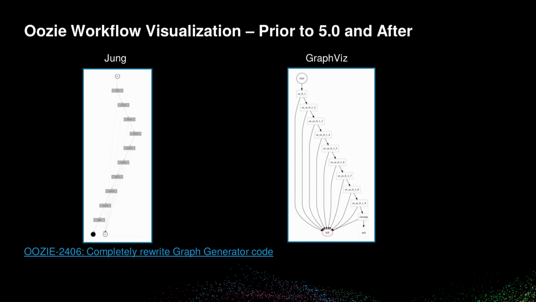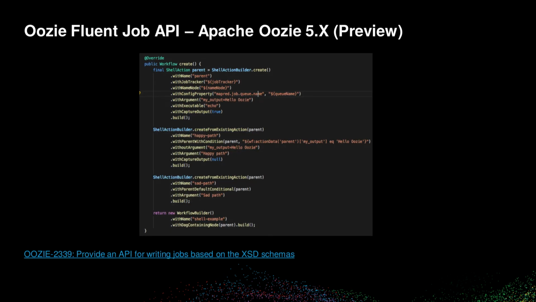So the junk was replaced with GraphViz, right? This is probably a bad screenshot to represent what it looks like, but it makes it pop. There's a lot more nodes you can represent on the graph. I think Oozie would even crash before if we had to hard code nodes to like 25 only, so it wouldn't even display before. So that was replaced.